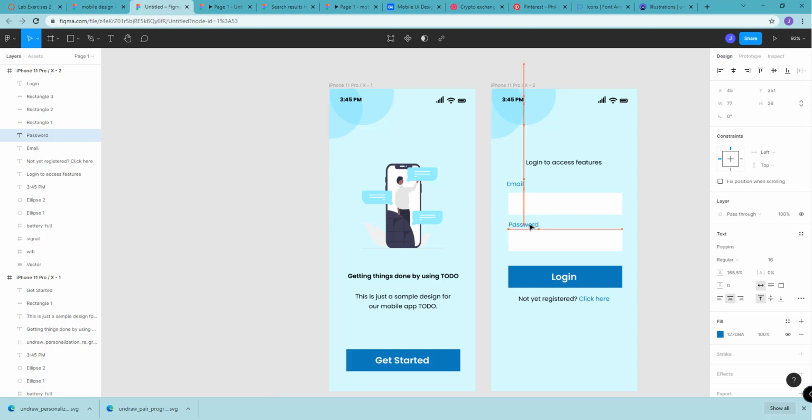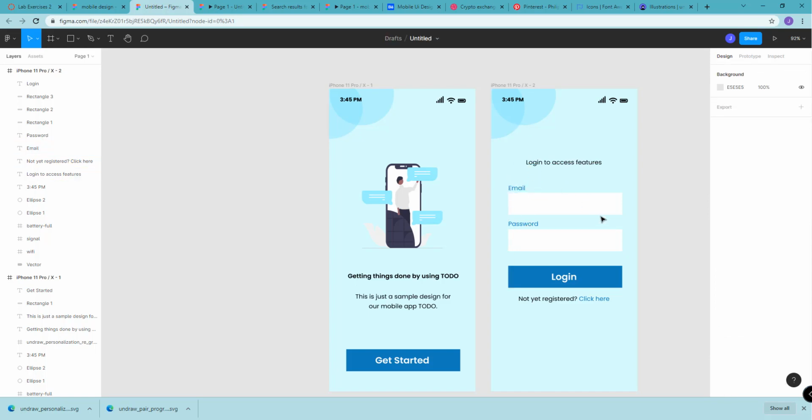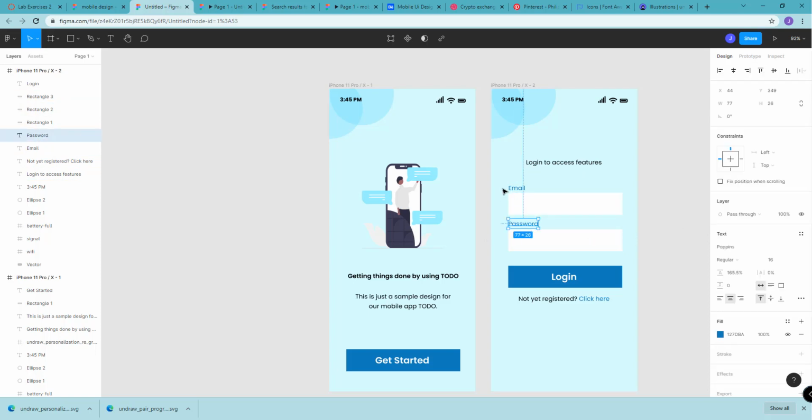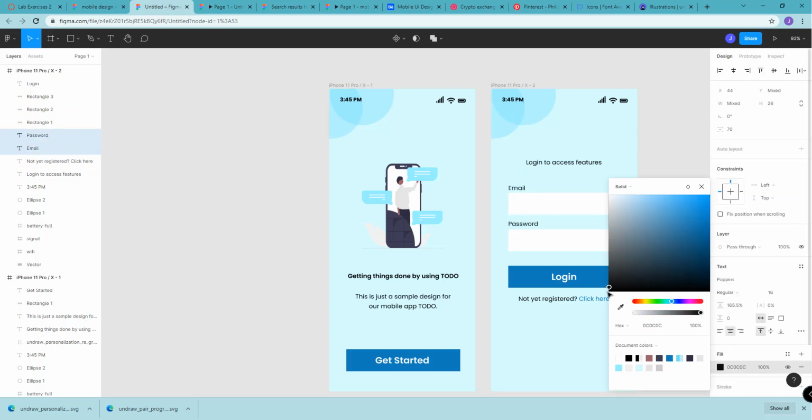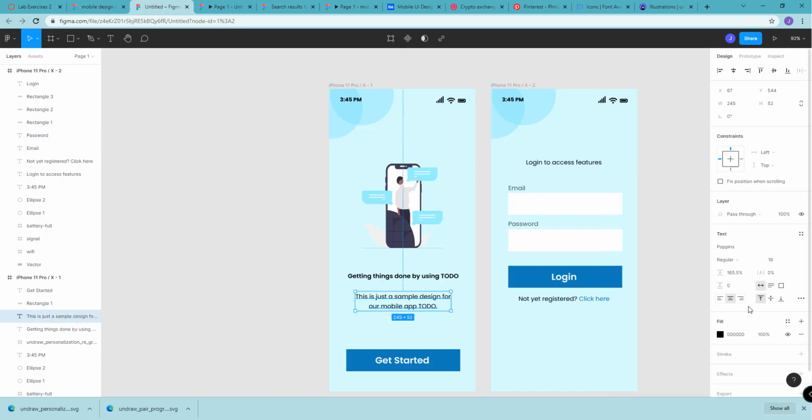Okay, password, and also this one. Okay, and maybe change the color of this into black, and then change the opacity. Okay, same with our text right here. We can change the opacity. You can try to drag this to the left for the opacity. Okay,